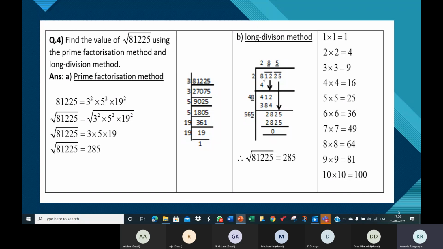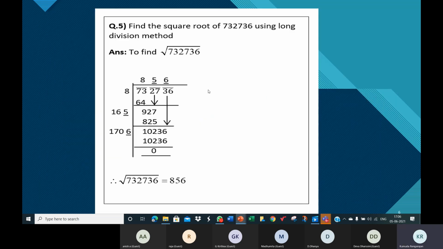But in the earlier one, we had only 1 digit in the first group. That's fine. The first group here is only 8. That's also fine. When the number has an odd number of digits, 1, 2, 3, 4, 5 digits, there will be one single number like this. Since there are 6 digits, we can make equal groups of 2. Okay, so now we have 73.